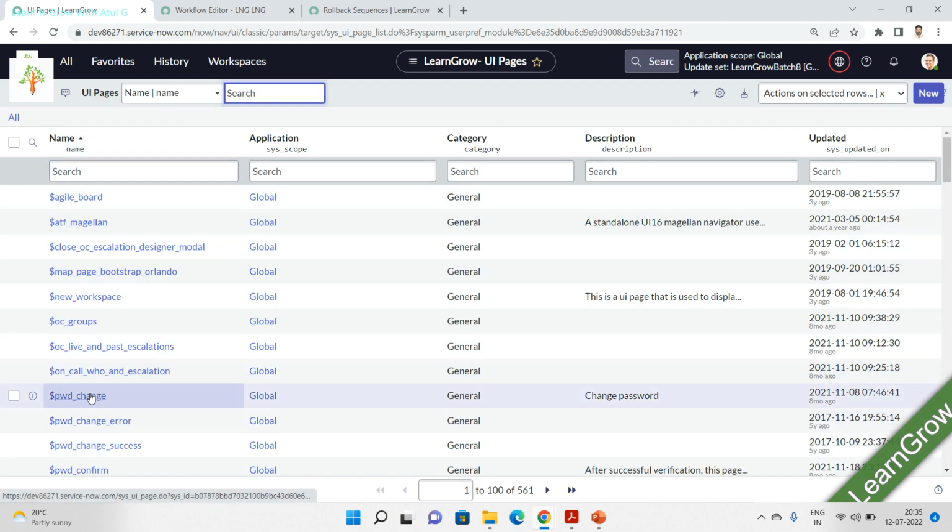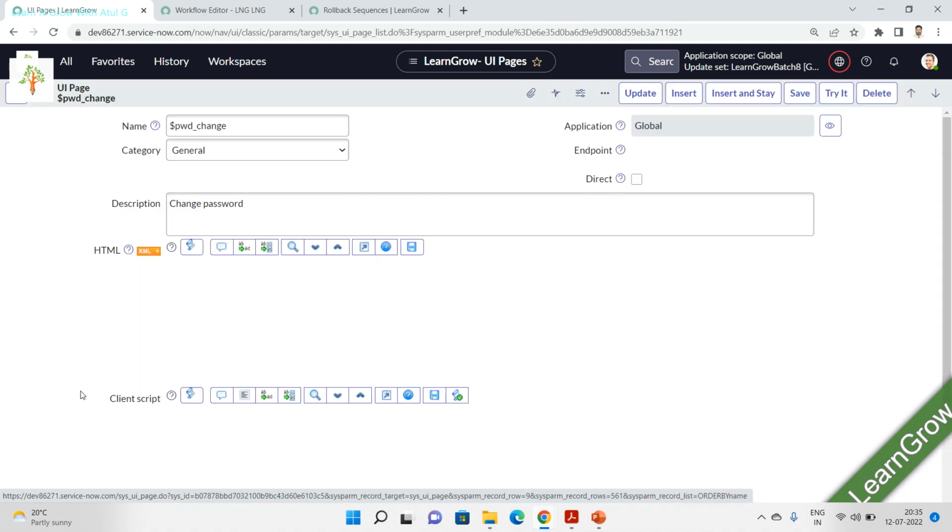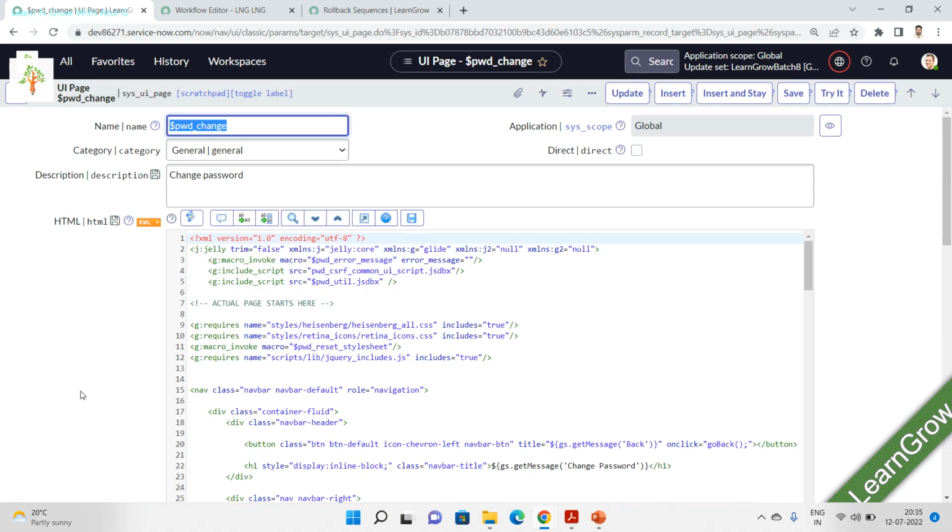So password change, this is what we got. Click here and you can see this is the password change UI page. Now if you log in, you can see the password dot something is there, right? How to call this? You just have to put dot do at the last, and it will open for you. So like if I try like this,